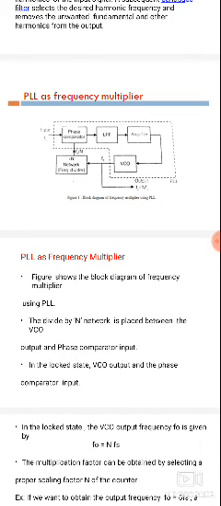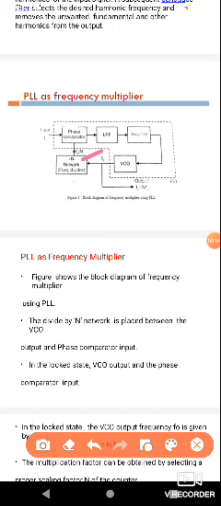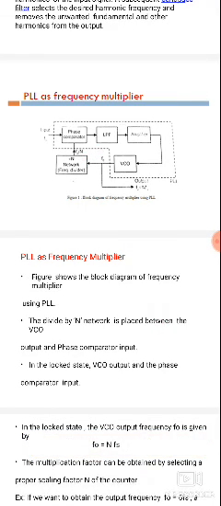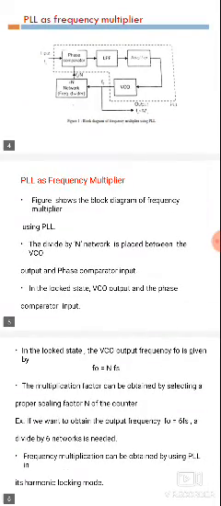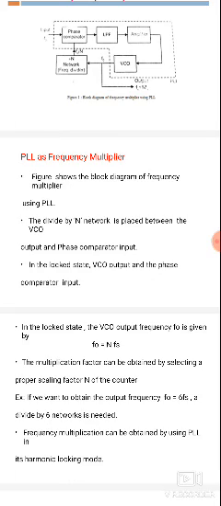The output frequency F0 is divided by N in the network frequency divider, giving F0 by N. Next it is applied again to the phase comparator, then the low pass filter, amplifier, VCO and network divider. So this is the PLL as a frequency multiplier. The above figure shows the block diagram of the frequency multiplier.